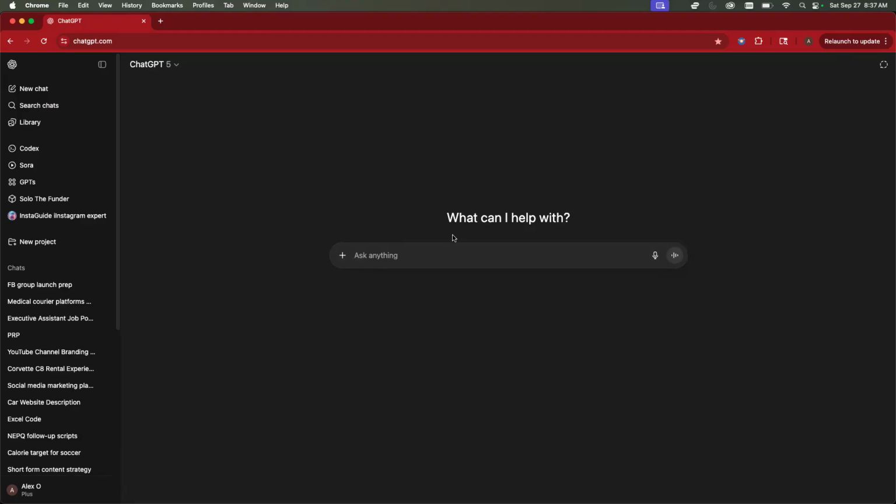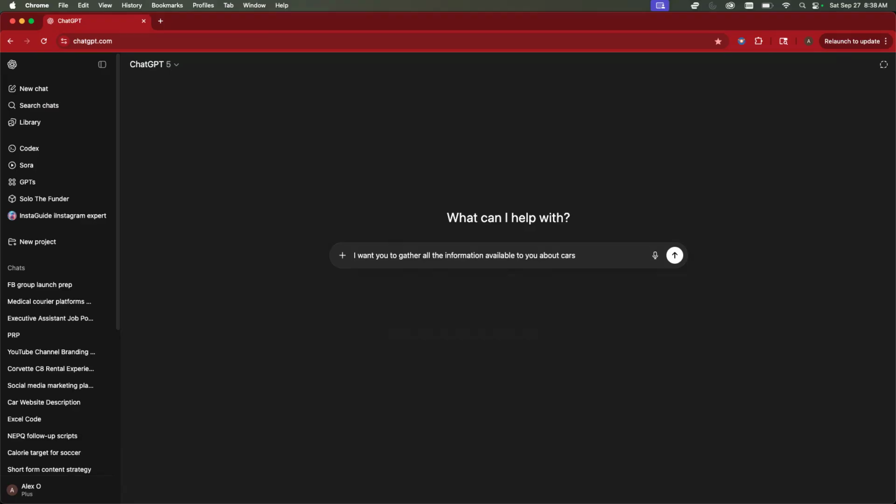So now we're going to ChatGPT here. The first thing we're going to do is prompt the AI to embody and take on the mechanic assistant. So I'm going to go ahead and type, I want you to gather all the information available to you